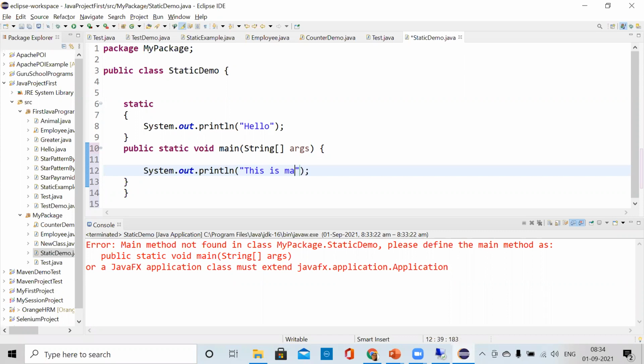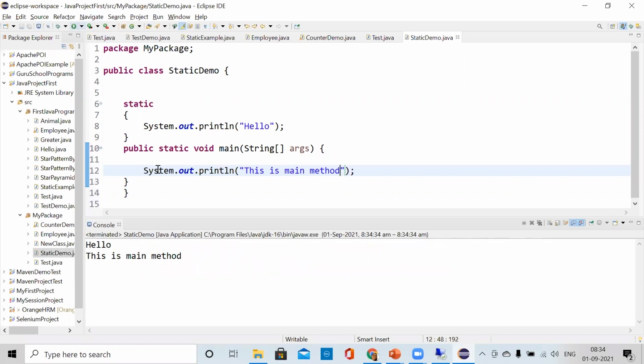This is main method. Fine, I will write the main method. See, I have not called this static block, but it is executed first.